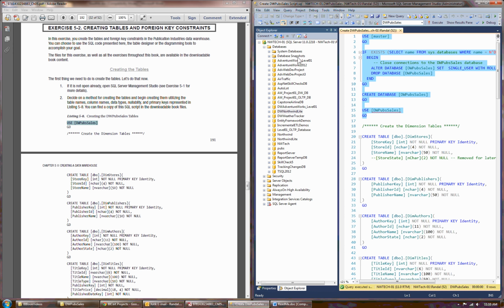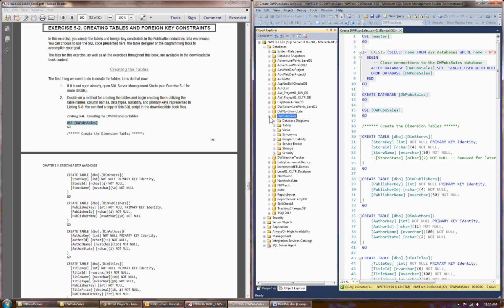Okay, the database exists. Now, remember, a lot of times, guys, you have to refresh manually. It doesn't always automatically refresh like that. Just assume it won't. And just hit the refresh button by highlighting databases. Once you're there, you can go ahead and right-click and start making the tables. When you do it this way,